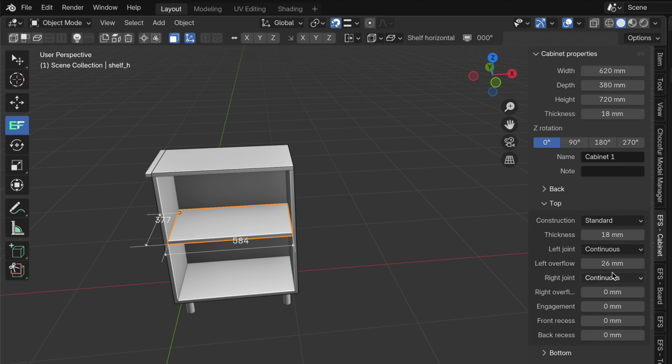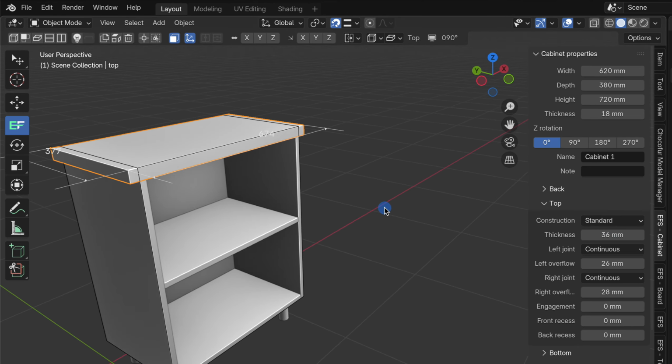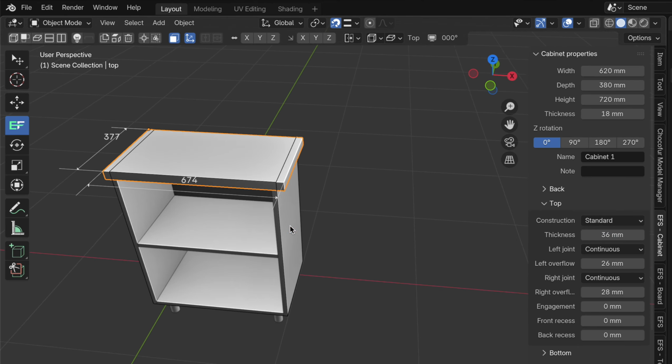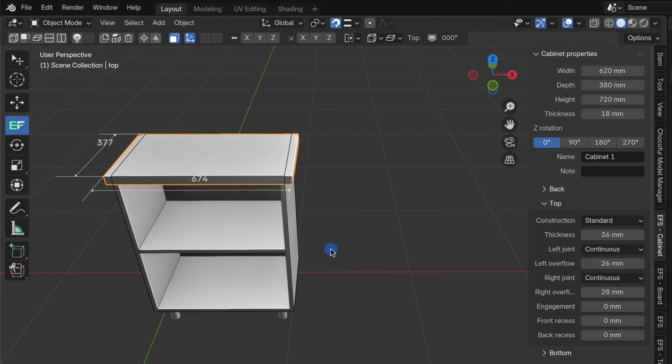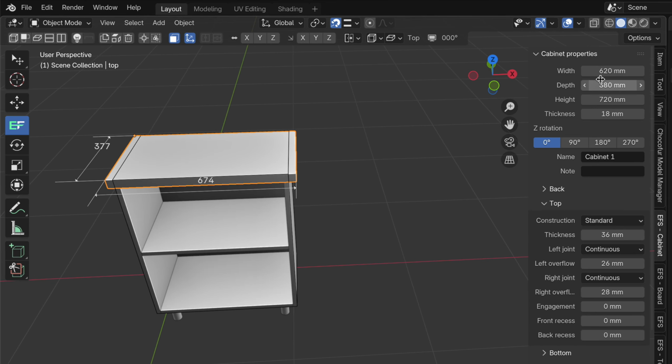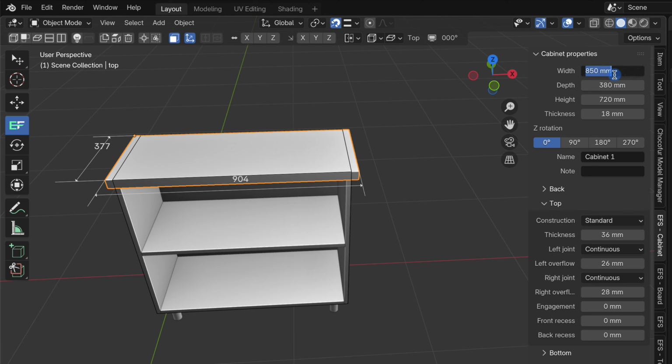There are several ways to change cabinet dimensions. You can open Properties in the header, which gives you access to basic cabinet settings, or open the sidebar, which provides complete cabinet properties. To adjust a specific dimension, simply select any element of the cabinet and edit its values. You can enter an exact measurement, such as 850 millimeters, or relative adjustments like plus 15 millimeters or plus 5 centimeters. When you make these changes, all cabinet elements are recalculated automatically, allowing you to work in the way that